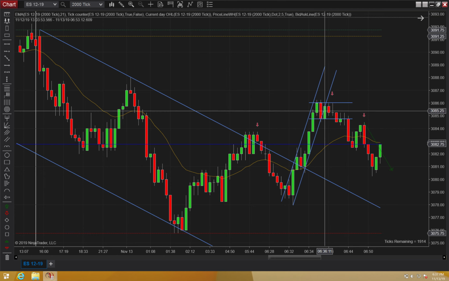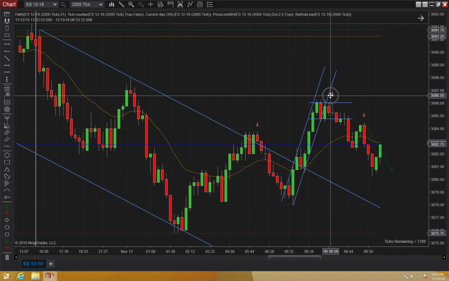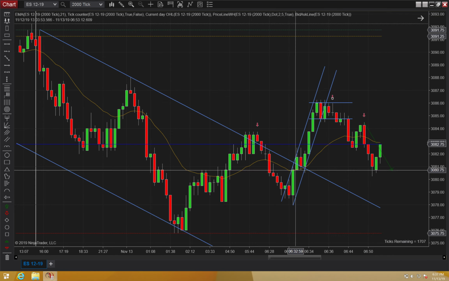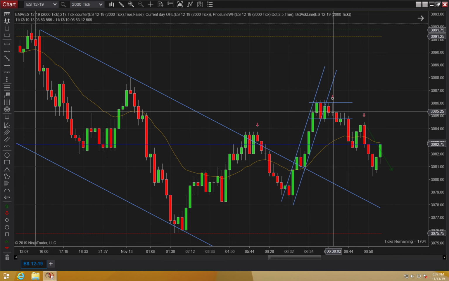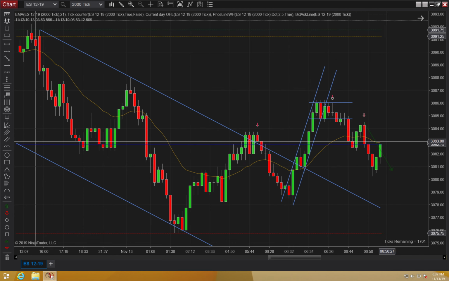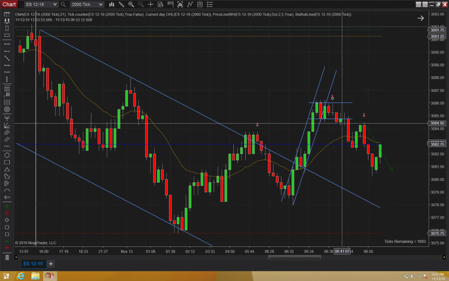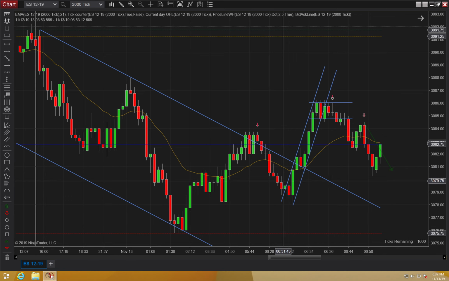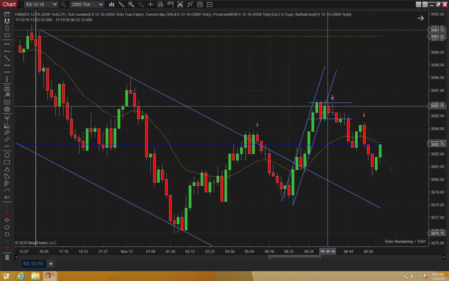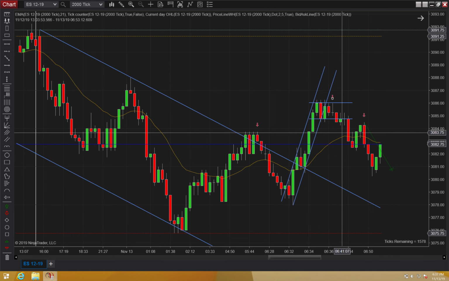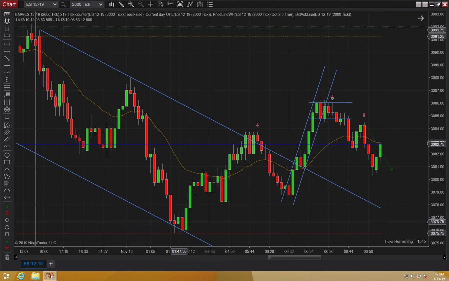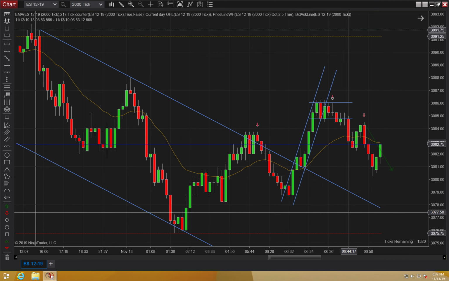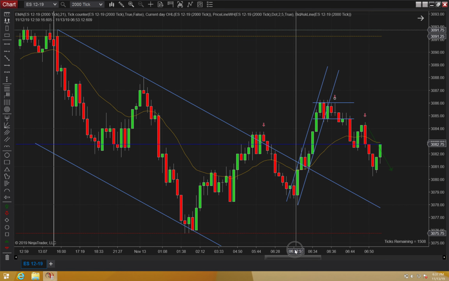But I think one thing to remember about these short entries I took is that they worked, but in the context of this micro trend we have here, we haven't gotten a reversal pattern yet. We need another bar to fall below to get that reversal pattern and then start really trusting these shorts. So maybe you're not taking any trades right now because the market is still going above and below the EMA. So you want to be getting short up here and long down here when it's doing something like that.